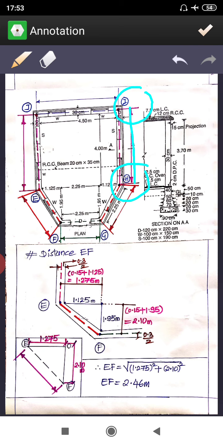So for the long wall, center to center plus one full width, because you are taking half from both sides. And for the short wall, center to center minus one full width, because you are deducting half from both sides. Now why do you have to deduct for a shorter wall? I'll show you. Say I take two long walls, HI and JE.